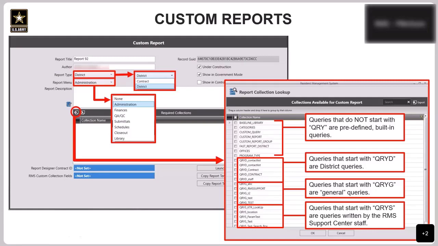Now, the next thing that you're going to want to know about is the required collections down here. With the Telerik custom reports, one of the biggest things to remember and keep in mind is you can only use one query in order to get all of the information. So if you're creating a custom report that is going to show some of the information